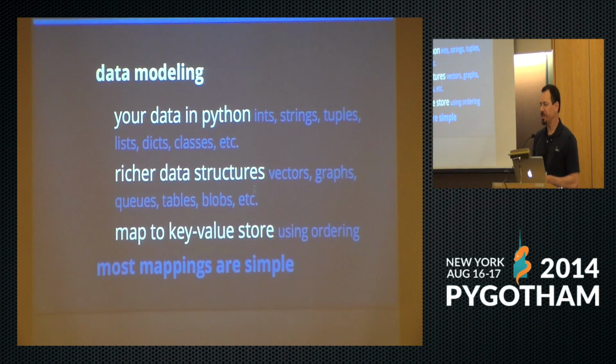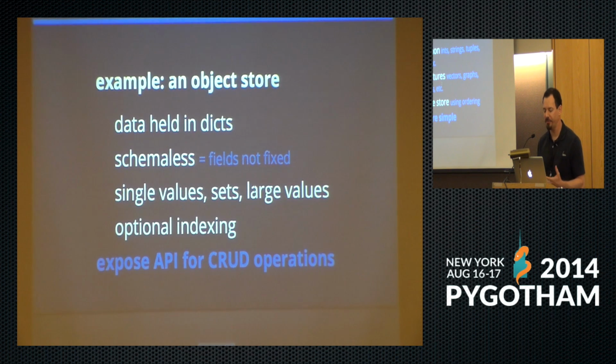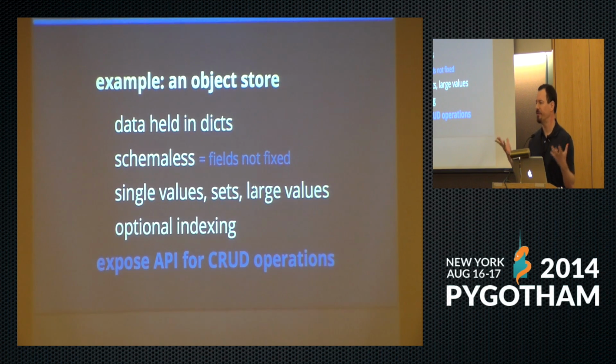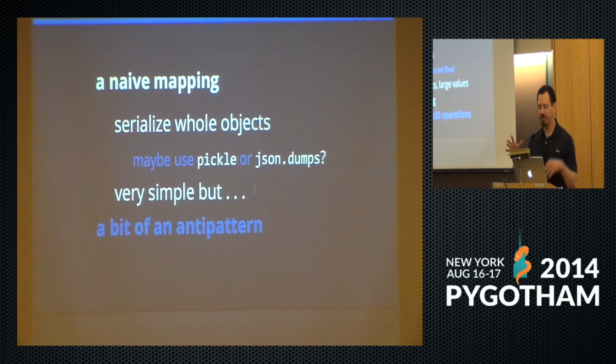So in Python, you typically have data represented as you normally would, using whatever data types, and you often want the data to be stored in some form, like a vector, a graph, tables, what have you. The technique we use in FoundationDB is to map that to the key value store, taking advantage of the ordering. So you may have an object store where this is, I'm imagining here, a very simple object store with data held in dicts, not something sophisticated using classes like in SQLAlchemy. Basically, dictionary structured data that you want to write down to the